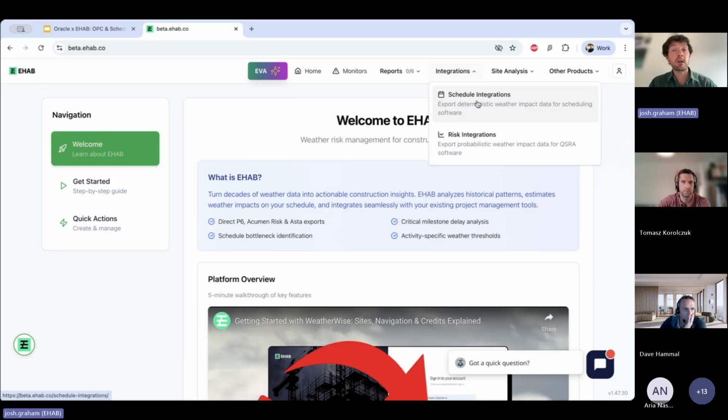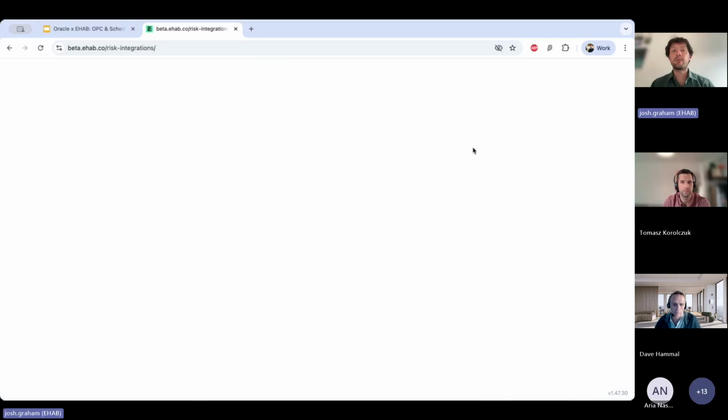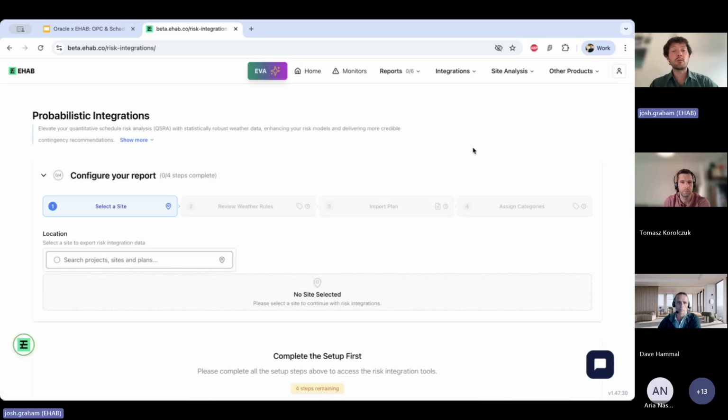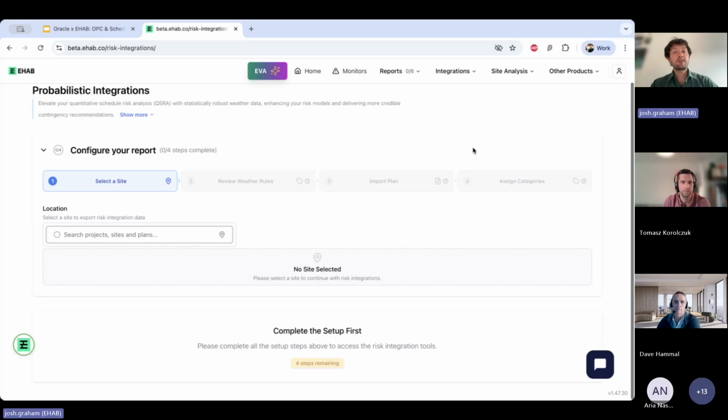And that means you can plug a data-driven calendar into P6, for example, which is a decent approach. We're going to focus today on the risk integrations because that is level 5. That is absolutely the best approach you're going to want to take for probably the largest, most complicated projects.